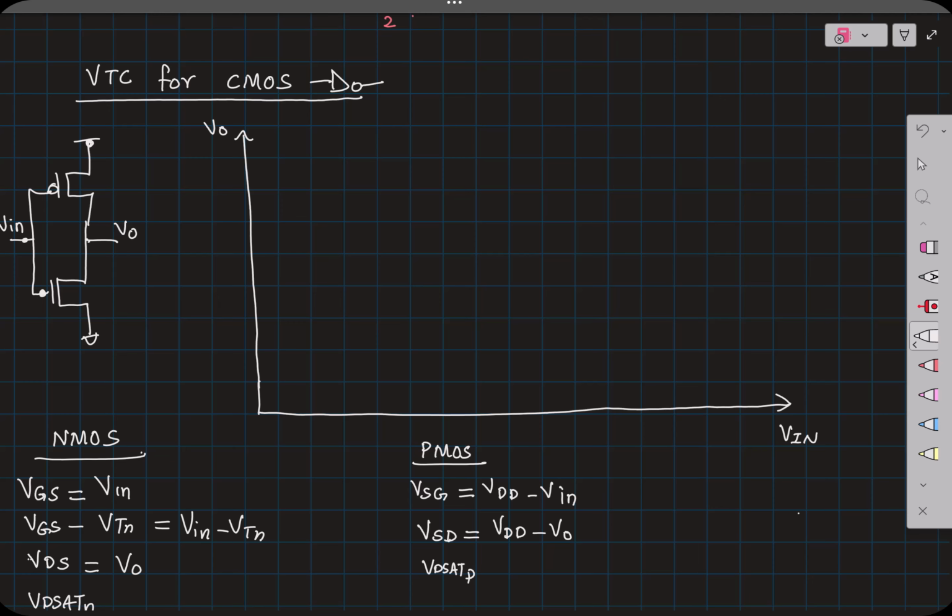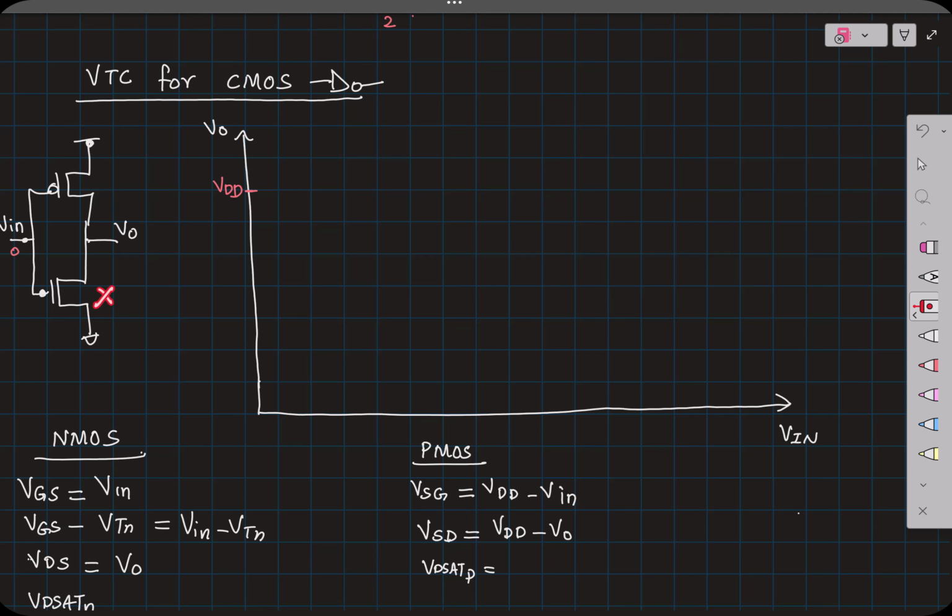Now, when your input is 0, what is the output voltage for the inverter? It's a CMOS inverter, so you know that the output voltage is going to be VDD. And this is true. Now imagine you are increasing the V input. Till what point is this statement true? Till the point at which your NMOS transistor turns on. Right? Because as long as your NMOS transistor is off,